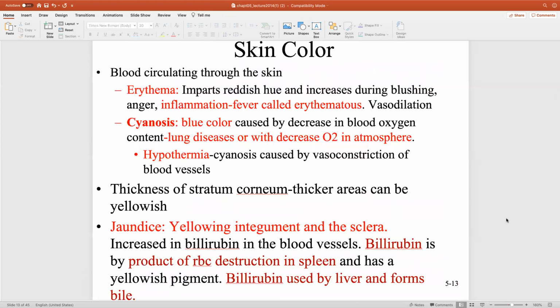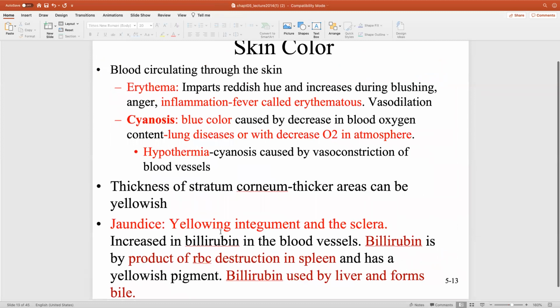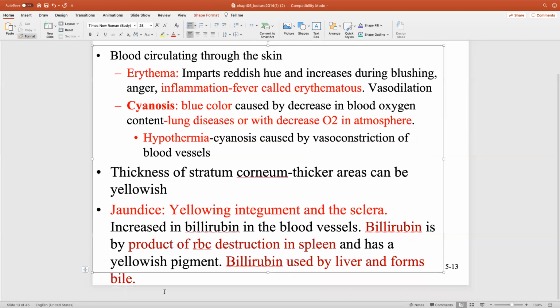Now, last thing we'll talk about is jaundice. Jaundice occurs due to yellowing of the integument and, more importantly, the sclera. What happens is this, right? We make 2 million red blood cells every second. If we make 2 million red blood cells a second,